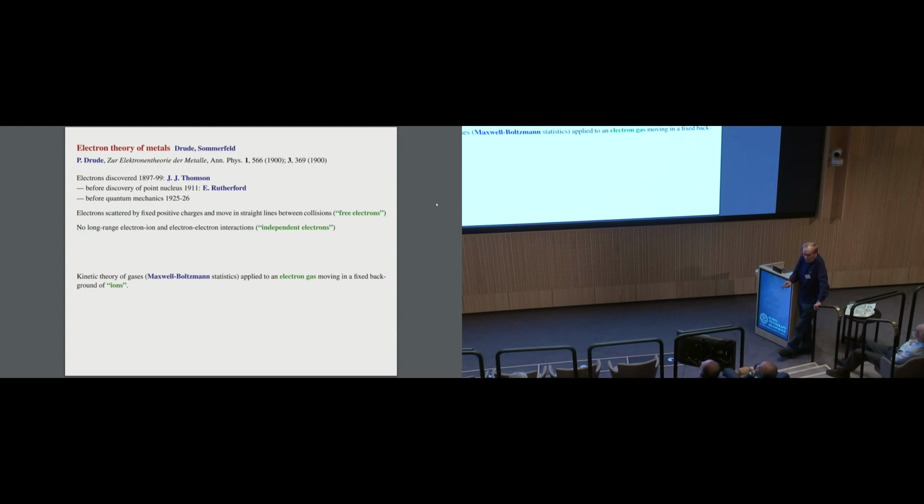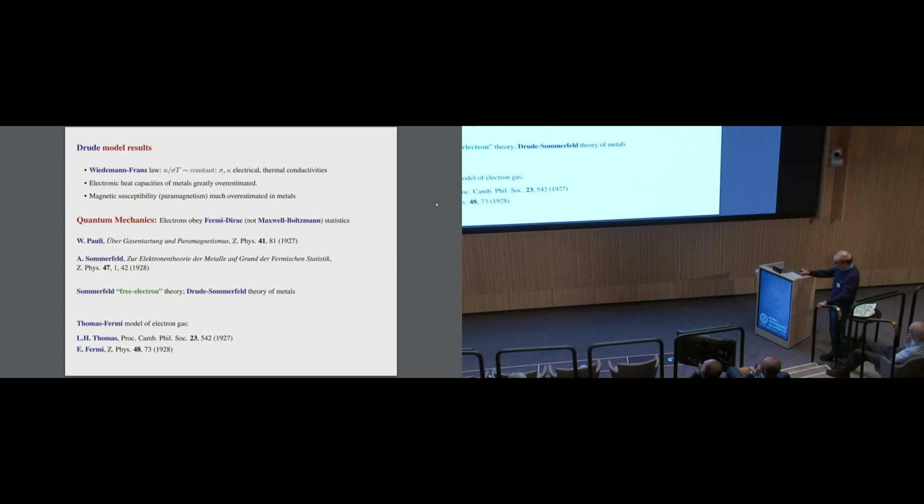The electron gas models go back to 1900 and the work of Drude. They are very familiar to the chemists. We learn about them from 1900. It's after the electron, but before we knew that there was a point nucleus. And these can be fixed up. I mean, there are some dramatic problems. The quantum mechanics solved some of them because you have fermions and not Maxwell-Boltzmann statistics. And of course, one has to mention something we know about, the Thomas-Fermi.